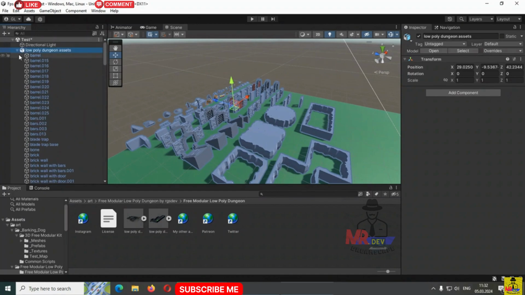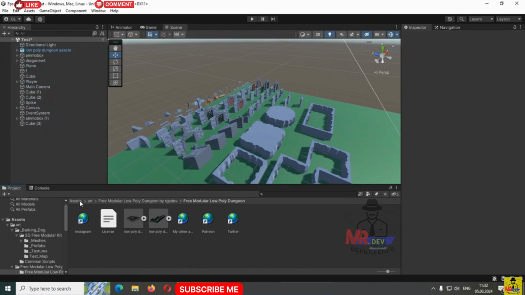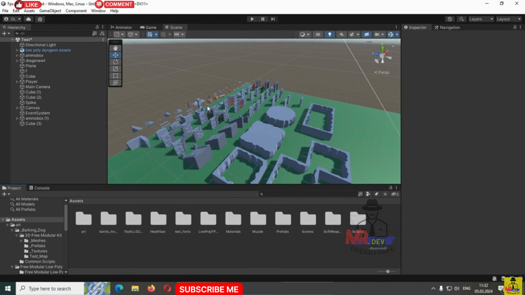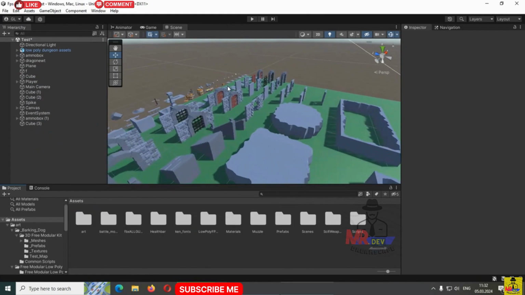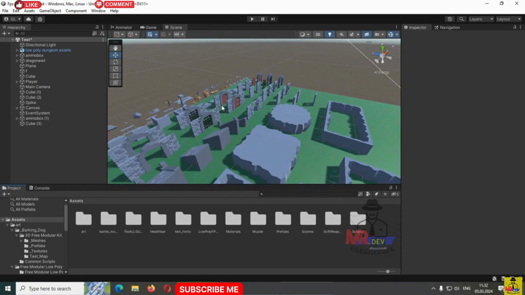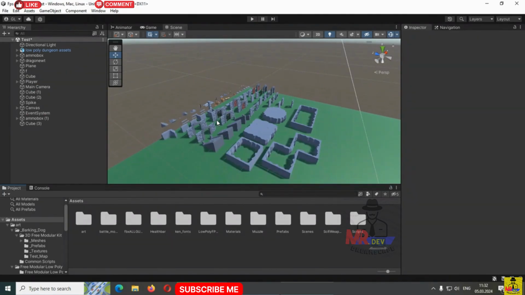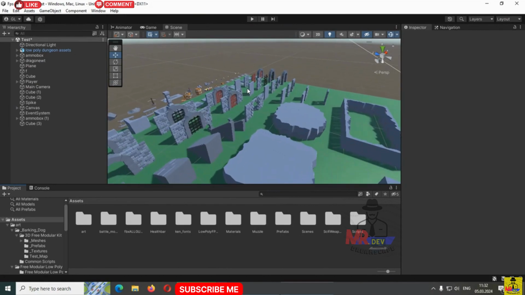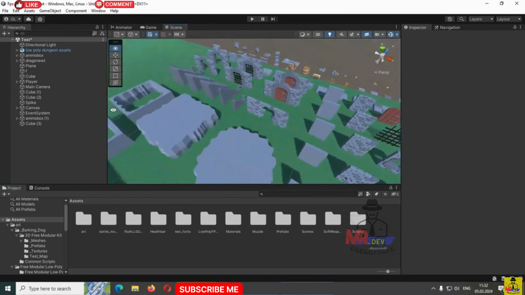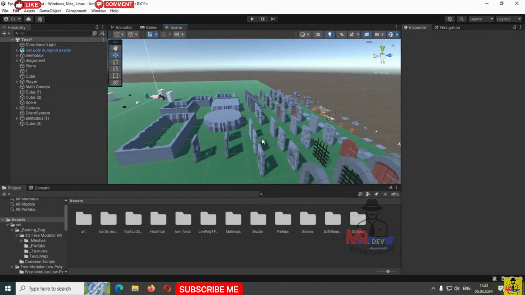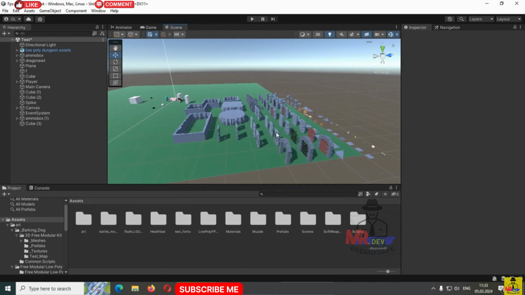And working with this kind of one big prefab is really not a great thing that you can do, because it's hard to organize those kinds of assets. So what I like to do, of course, it's optional and it's not a rule of thumb, but well, I want to show you how I work and how I do this kind of stuff. Well, first of all, I try to check what assets are here. For example, I see there are some walls, right? And then I just take the pieces that I want to use